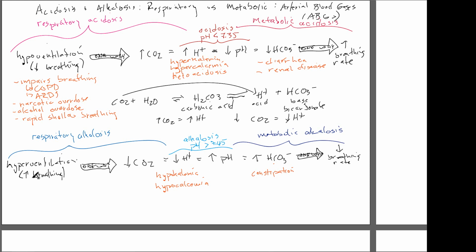Things that can cause hyperventilation are things like altitude. So altitude, you're trying to gasp for air, and so that deep breathing causes you to get rid of your CO2. Tumors in the brainstem can cause you to all of a sudden start breathing more, since breathing centers are in your brainstem. And then another one is called psychoneurosis